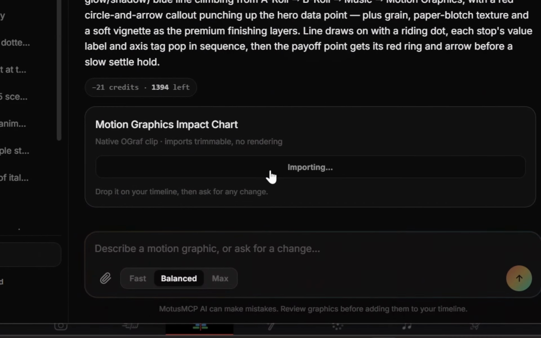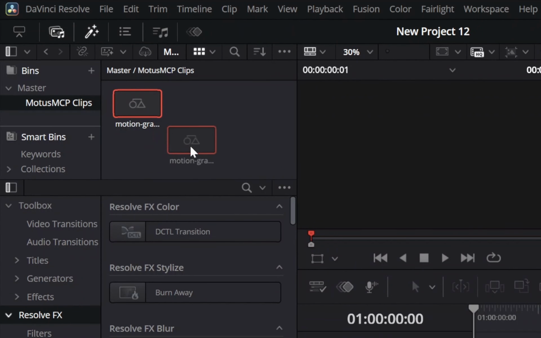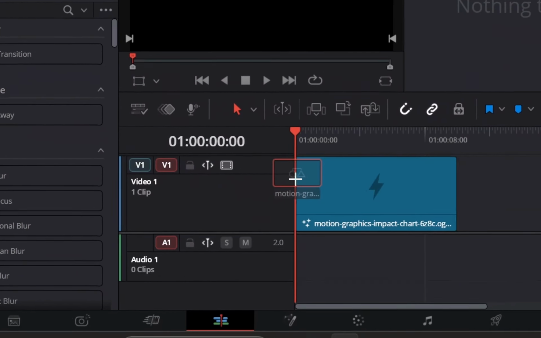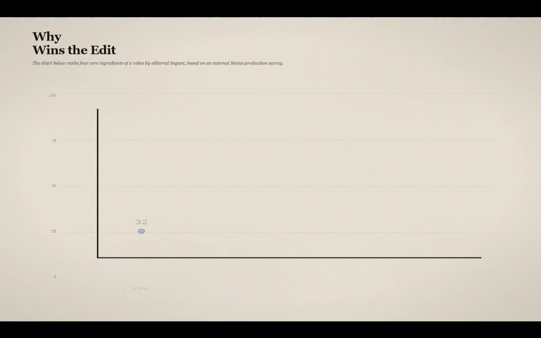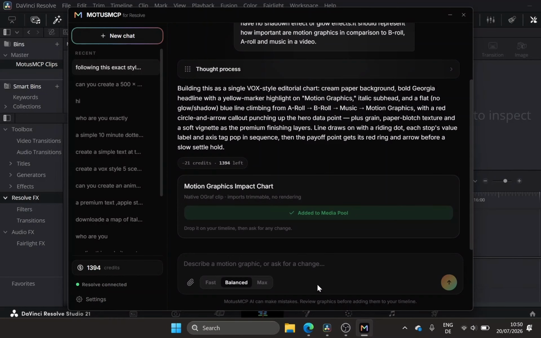When the AI finishes generating, click Import into Resolve and drag the file from your media pool onto the timeline. Let's see the result after only one prompt. The result is already great, but to give the graphic a more tactile, handcrafted aesthetic, we can ask the AI